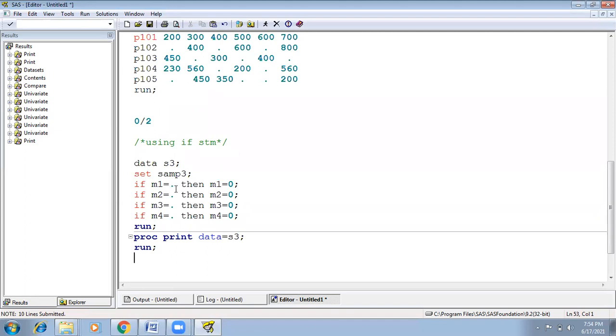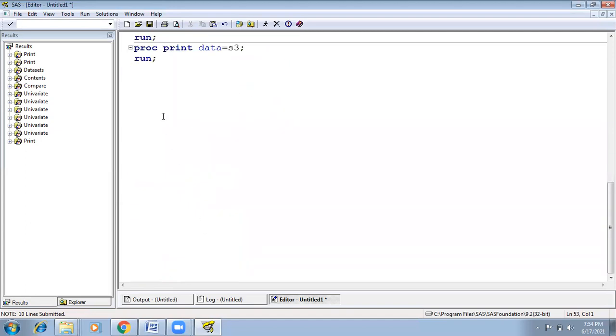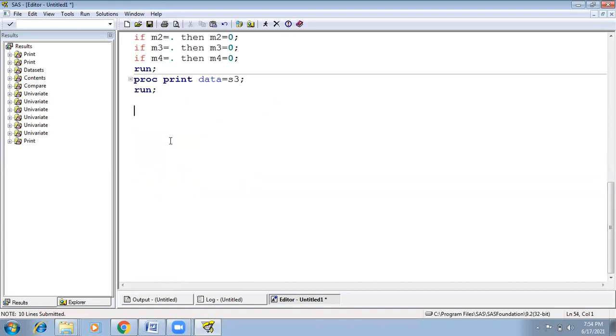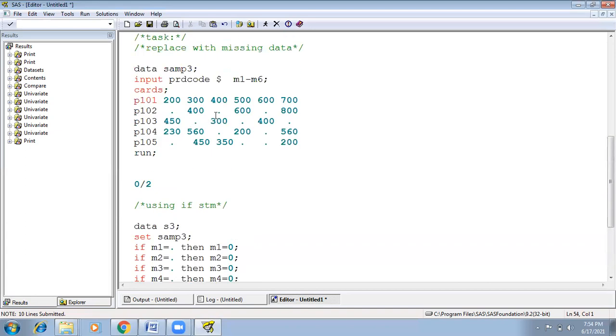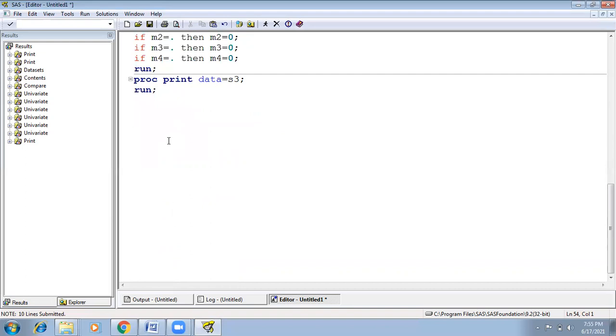So that's why, to replace, we have to use an array, to run the same operations with multiple columns in different data sets, with different variable values. Let's see. Follow the syntax.